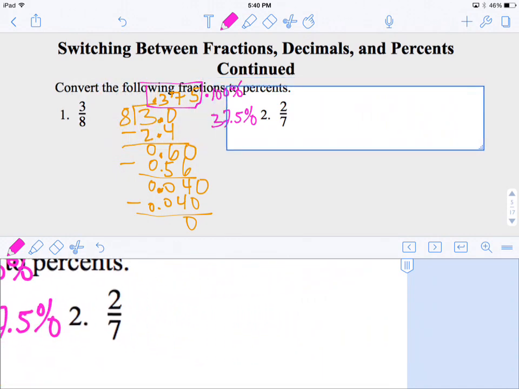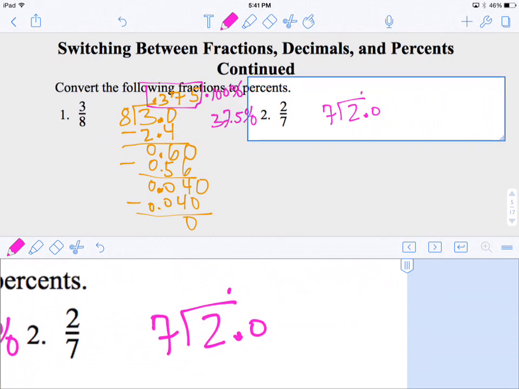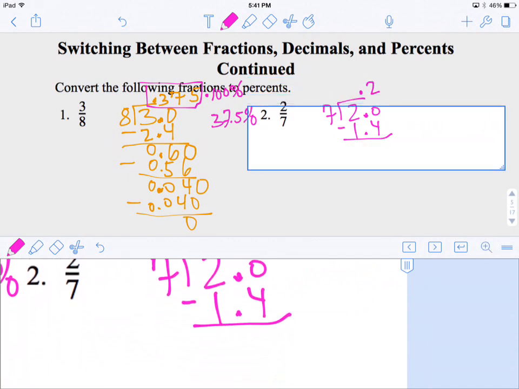Next, 2/7, same thing, I'm dividing. So I'm going to divide 2 by 7. Well, it doesn't go into 2, so we need our decimal place. How many times does 7 go into 20? It goes in 2 times. So there we have 14. You can see it's the same as regular long division, except we have a decimal in there. We subtract, we get,